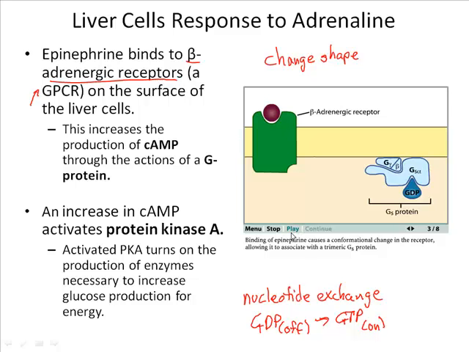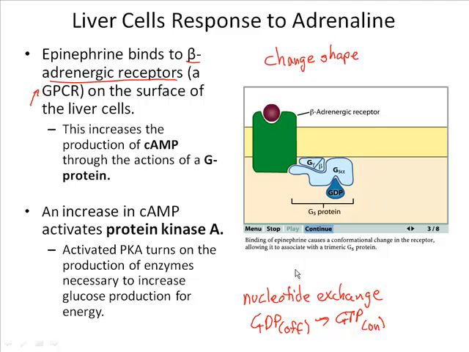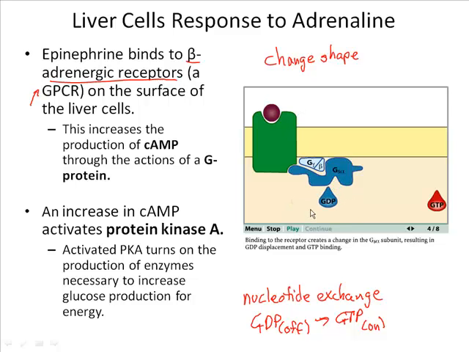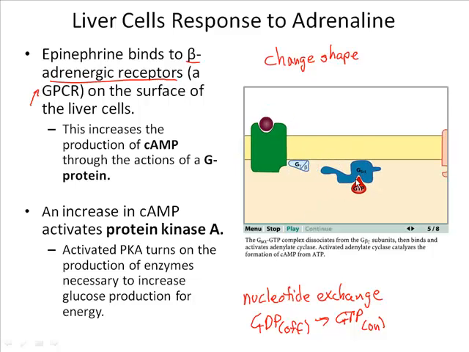which puts that G protein into the on state. So here we see the binding of G protein to the G protein coupled adrenergic receptor is going to result in a change in the G protein. When this change occurs, GDP is removed, and now GTP is added. Now, upon binding the GTP, the G protein is going to dissociate, the alpha subunit is going to be freed, and now once that's freed, that G protein is going to activate adenylate or adenylyl cyclase.